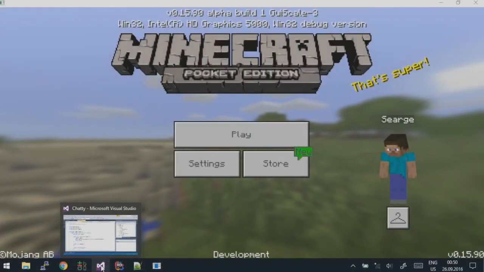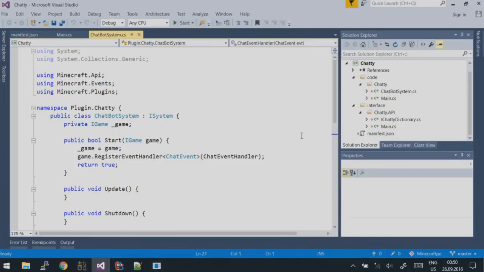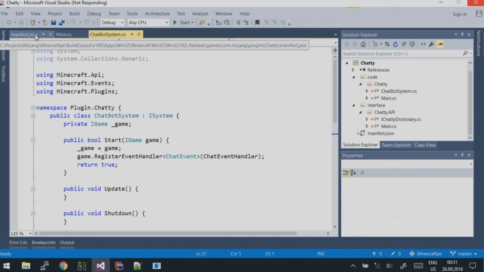Okay, so first off, I have a small demo prepared. It's a little bit more technical, I have to admit. I wrote a really simple plugin, and what we are going to do is show how we can create a custom plugin that hooks into our chat system in the game, and we can react to what people are saying in the chat. The way that plugins are created is, first, if this switches over to the other window,